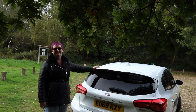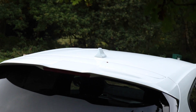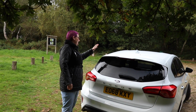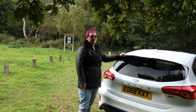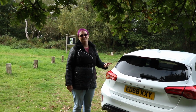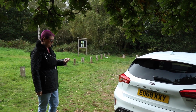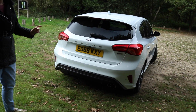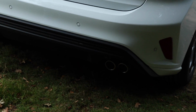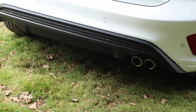Everyone loves a spoiler. I mean, if you don't, you've got problems. Let's face it. But I do like the spoiler. I do think it gives it that added sporty touch, and it helps to identify it's an ST line. Now, it's going to sound really odd. I would like the exhaust. I know it's only an ST line, but I would maybe have liked the exhaust to be a little bit more prominent. Just like, so if I come down here...